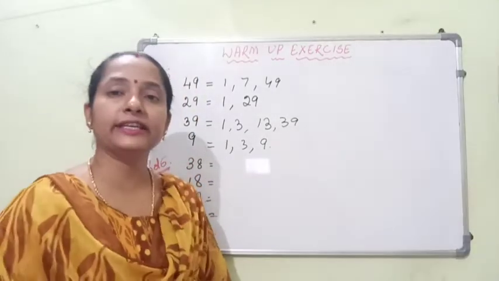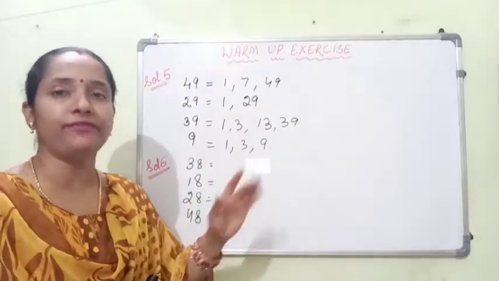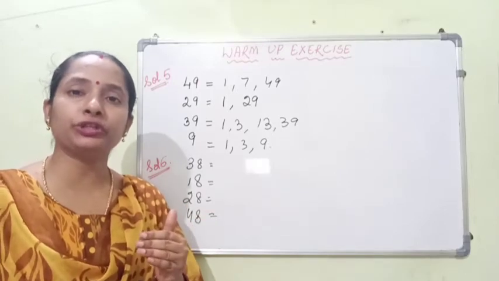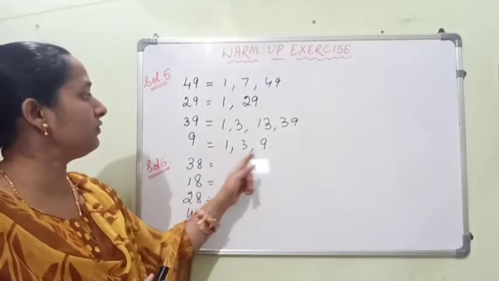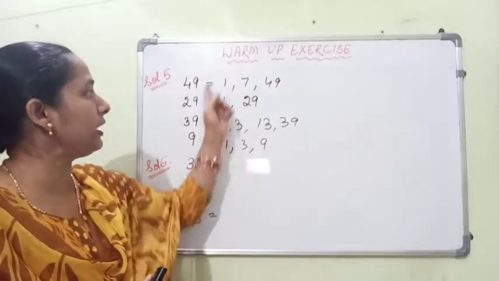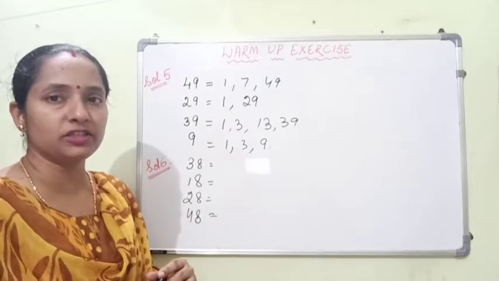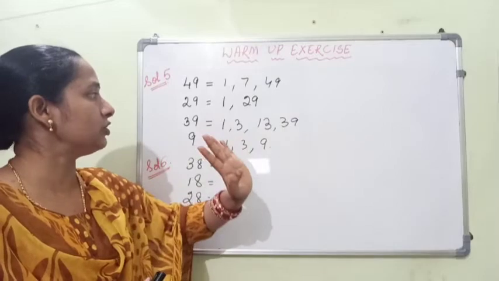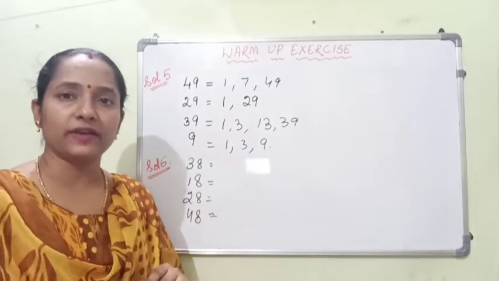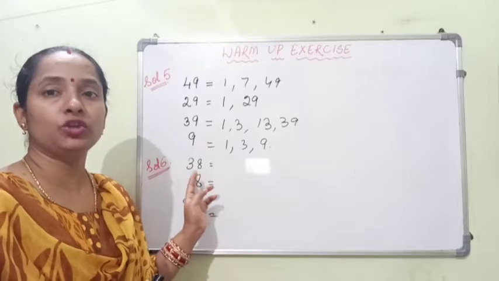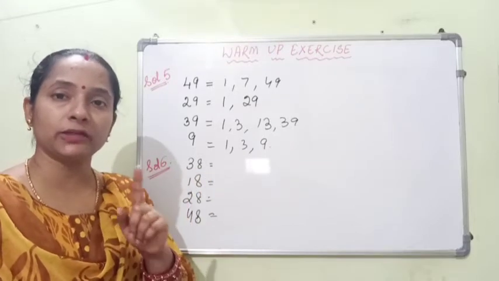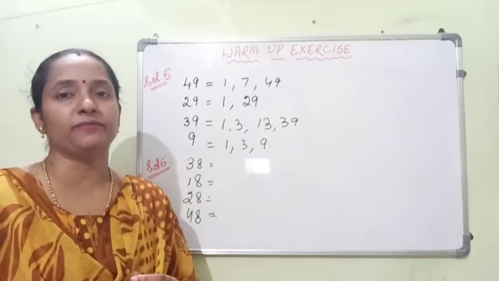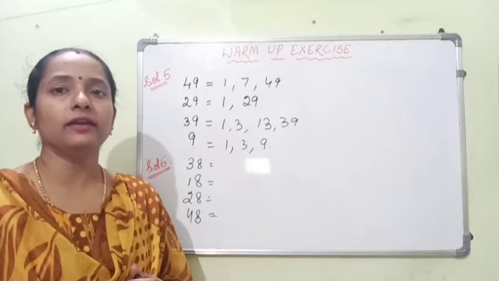So what you have to do here is we need to find the prime factors. Means we need to find the factors, but the factors should be in terms of prime numbers only. If you observe here, there are factors, but among these factors we have some composite numbers also. Here 9 is a composite number, 39, 49 is a composite number. So there are some numbers as factors which are composite, but here we need to write down the factors only in terms of prime numbers. Then those sets of numbers will be called prime factors. So how will we write the prime factors of any given number?